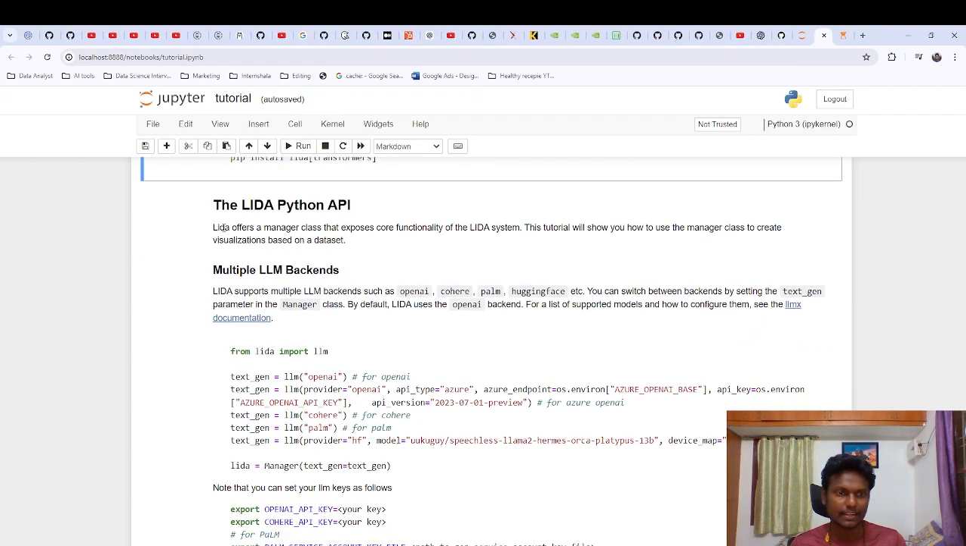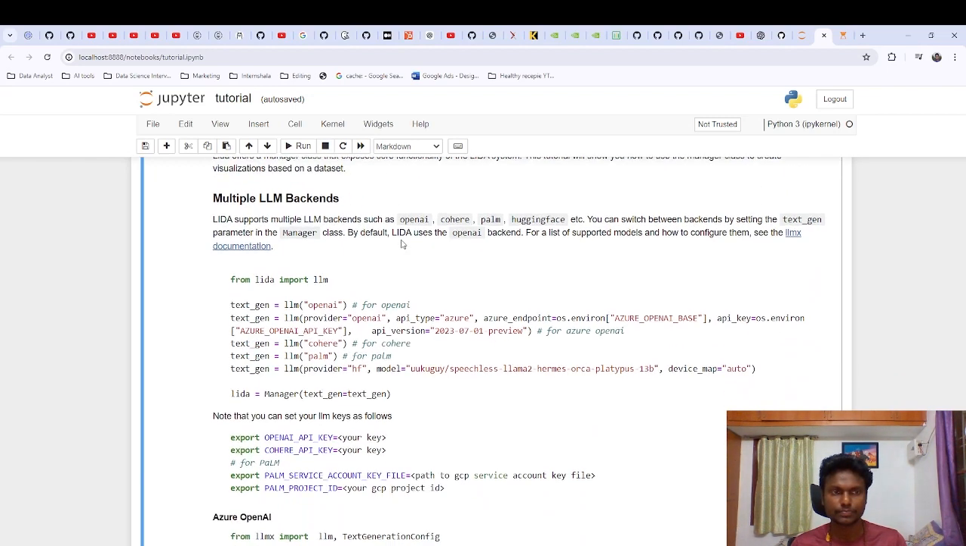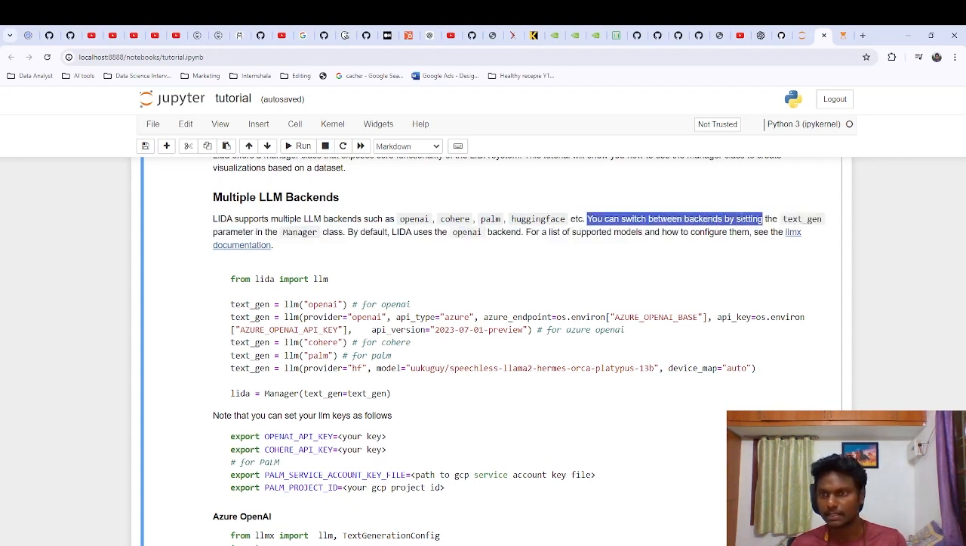Anyway, it exposes core functionality of the LiDAR system. This tutorial will show you how to use the manager class to create visualizations based on a dataset. Multiple LLM backends. LiDAR supports multiple LLM backends such as OpenAI. You can switch between backends by setting the text generation parameter in the manager class. By default, LiDAR uses the OpenAI backend. For a list of supported models and how to configure them, use